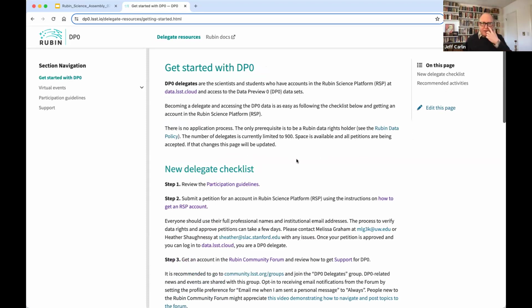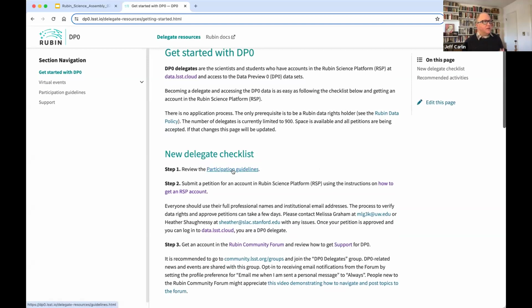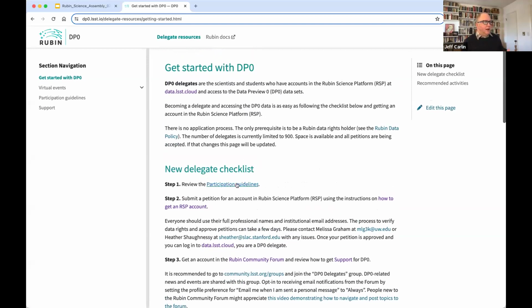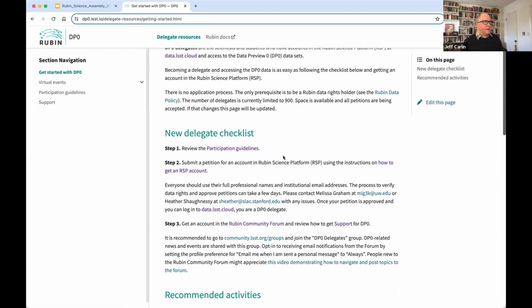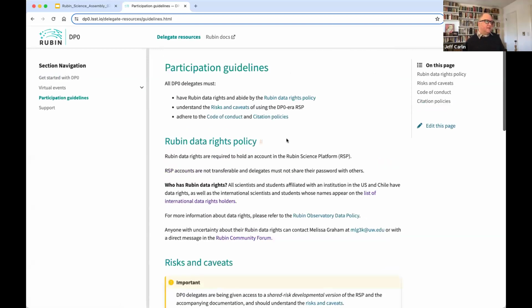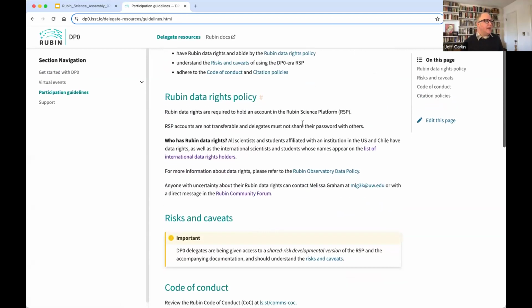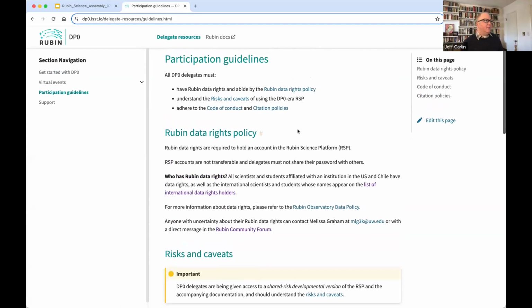There's not an application process currently. If you apply and you are a data rights holder, then you will be approved. If you're not familiar with what the data rights requirements are, you can go to the participation guidelines in step 1 of your checklist. You must be a Rubin data rights holder and abide by the data rights policy.